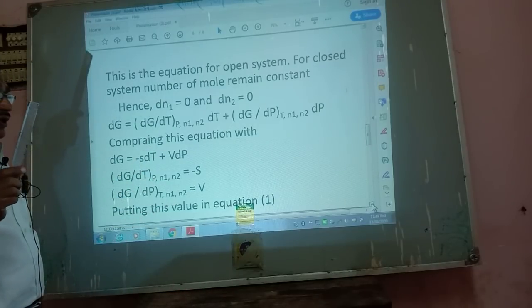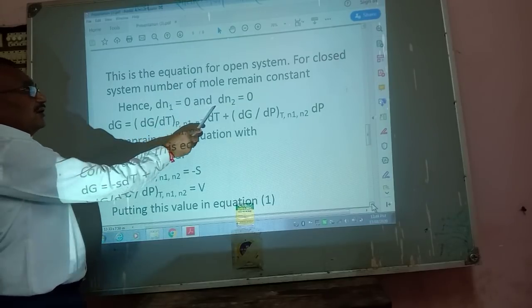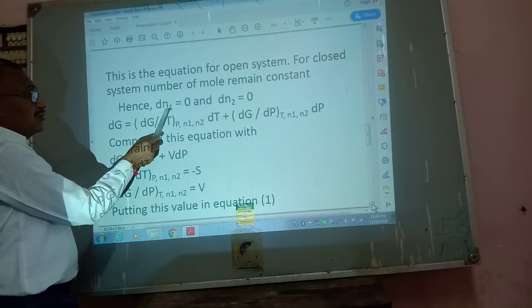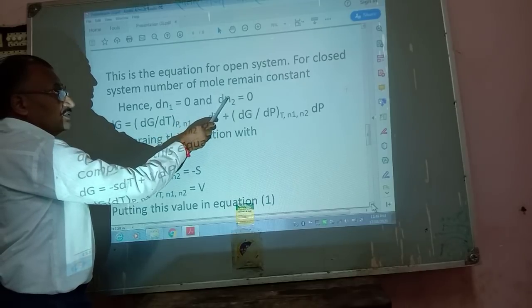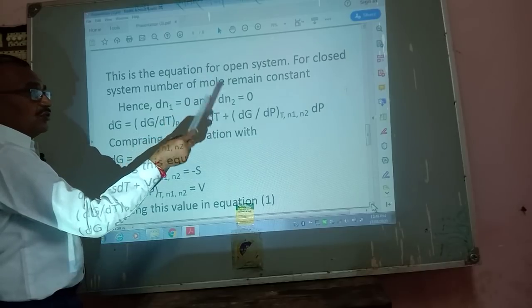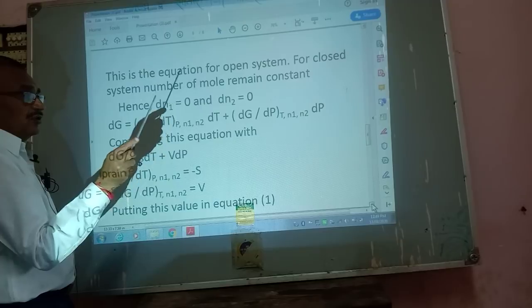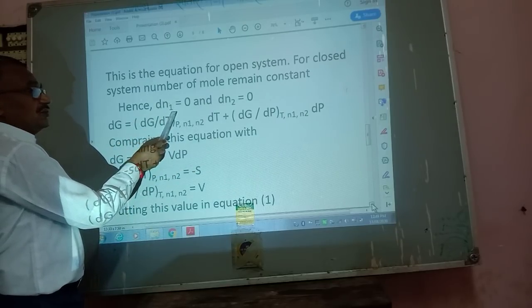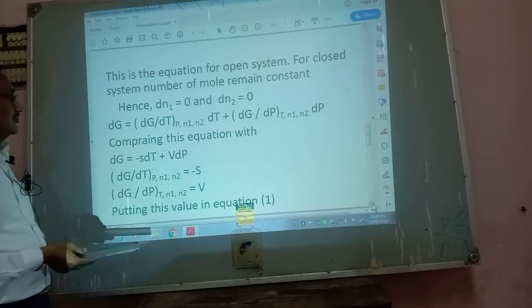As the number of moles remains constant, dn1 is equal to 0 and dn2 is equal to 0, because n1 remains constant, so its derivative is equal to 0. n2 remains constant, and therefore its derivative is again 0. As the number of moles of any component remains constant, the derivative is equal to 0, and therefore dn1 is equal to 0, dn2 is equal to 0, and